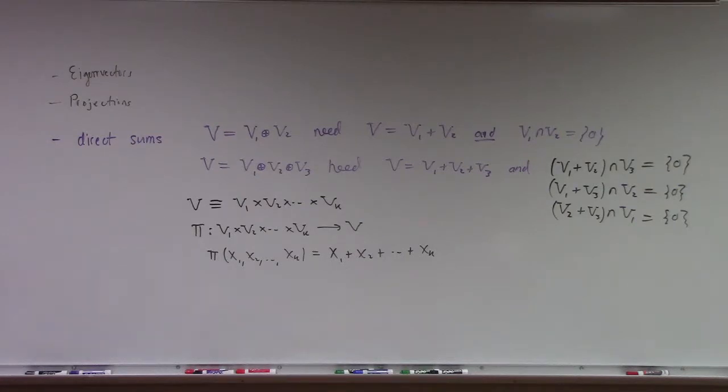How many am I up to? I'm up to 1. The isomorphism, the independent subspaces, unique representation of any element, unique representation of 0. What's the 5th one? Ah, yes, concatenation of bases. So if you can take a basis for your first subspace, a basis for your second subspace, a basis for your kth subspace, and you can append those, glue them all together, and you get a basis for the whole space, guess what? Direct sum decomposition.